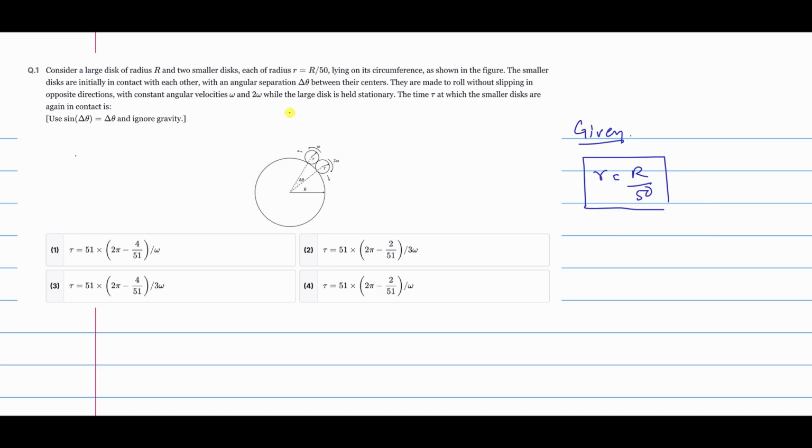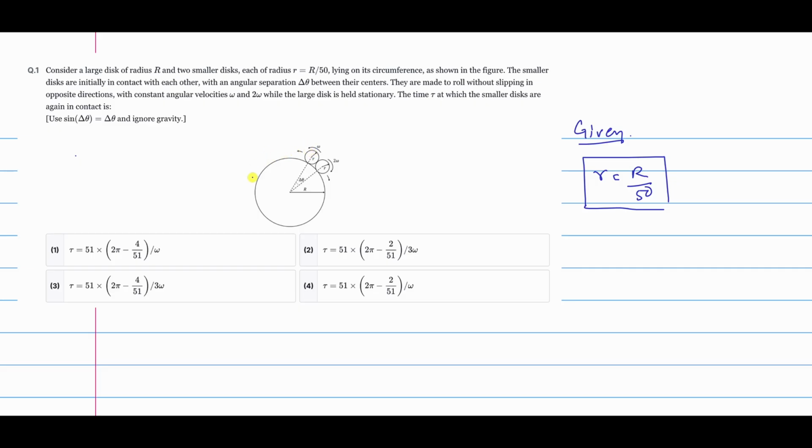The smaller disks are initially in contact with each other with an angular separation delta theta between their centers. They are made to roll without slipping in opposite directions with constant angular velocities omega and 2 omega, while the large disk is held stationary. The time tau at which the smaller disks are again in contact is. So what the question is asking basically,